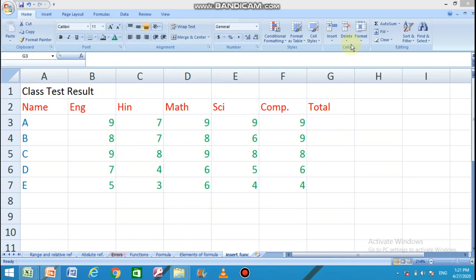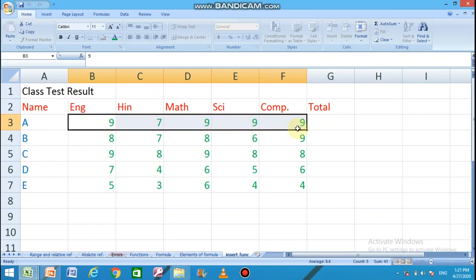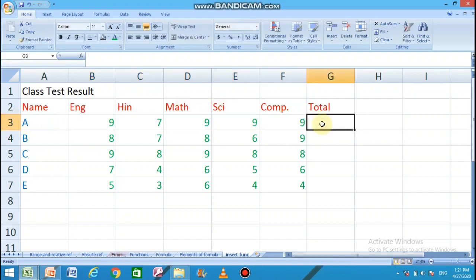Suppose, for example, I want to find out the sum of all the marks obtained by A. The sum should be displayed here, but I don't know which function will do the work and how to use that function. No problem, the insert function command is there.